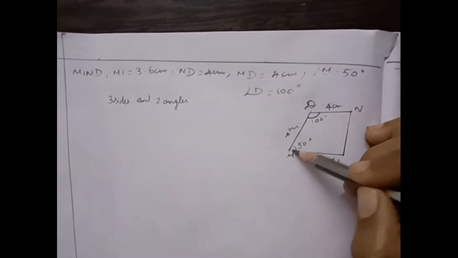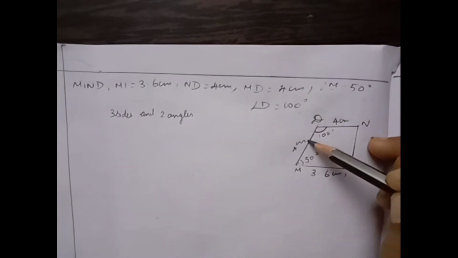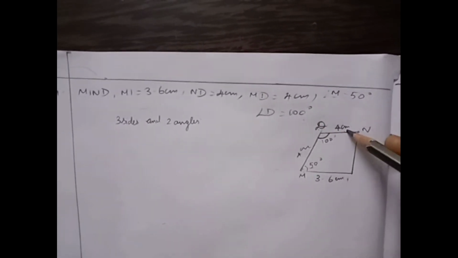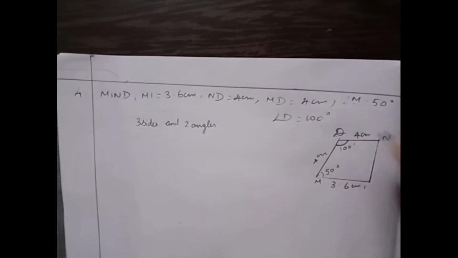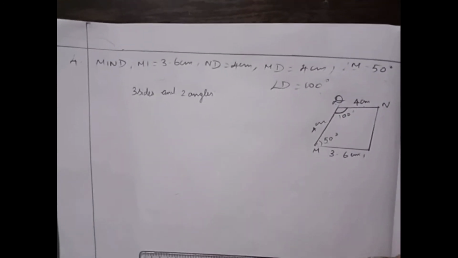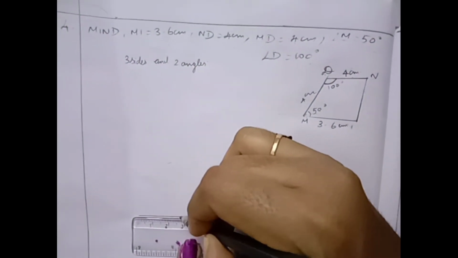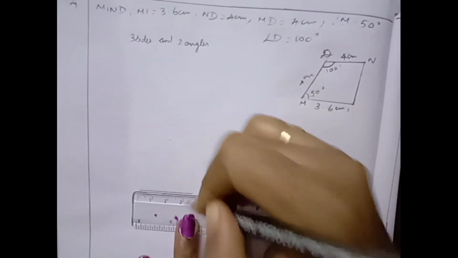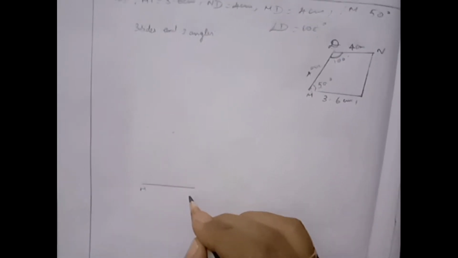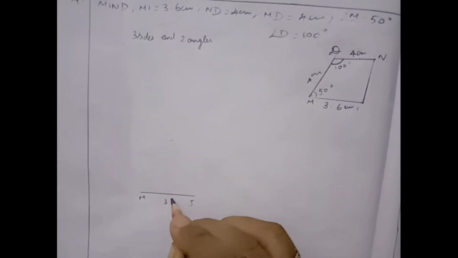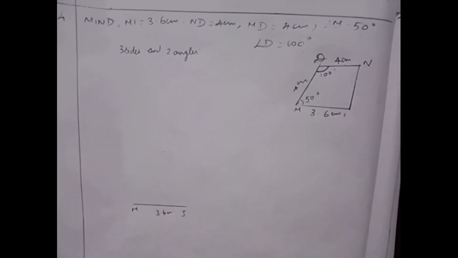Angle M equal to 50 degree. Then MD equal to 4 centimeter, ND equal to 4 centimeter, angle D equal to 100 degree. Now draw the quadrilateral. First, 3.6 centimeter, MI, 3.6 centimeter. Then